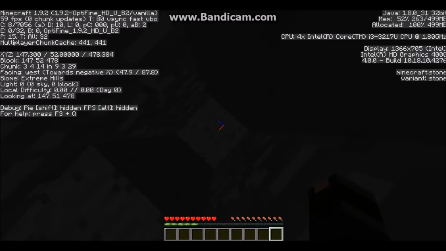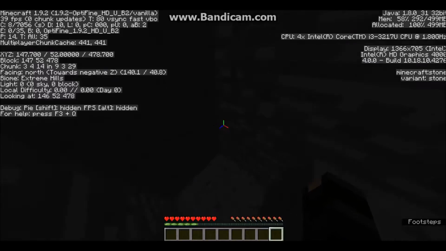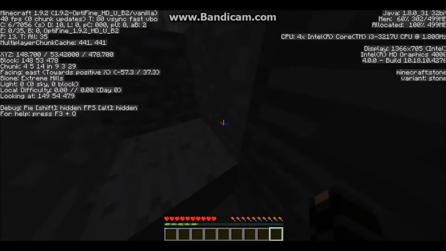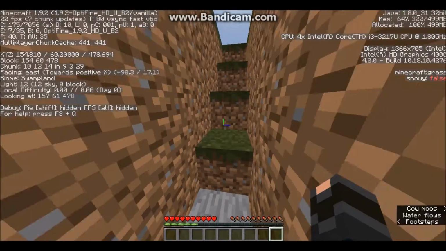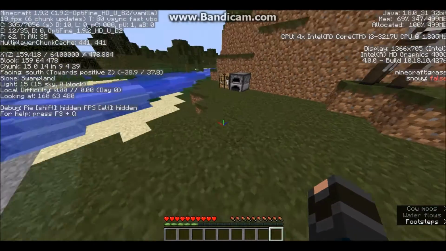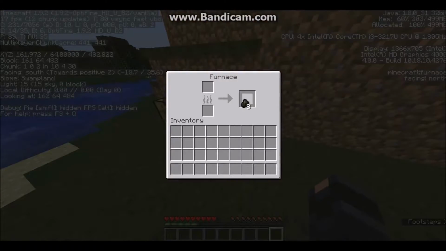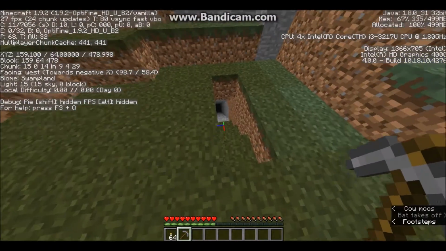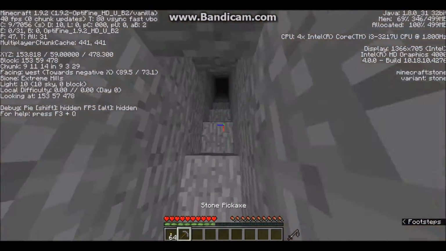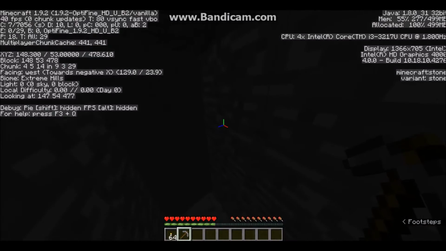Now normally if you've gotten this far down, as you can see I am at y equals 52, you will have very little to worry about. However, if you haven't gotten any coal yet, then there is a very good reason why you should charcoalize some of your wood, because that is basically the only way you'll get any torches. Now obviously you won't have quite this many torches. As you can see, I have a full stack, but regardless, if you get to this low of an altitude,